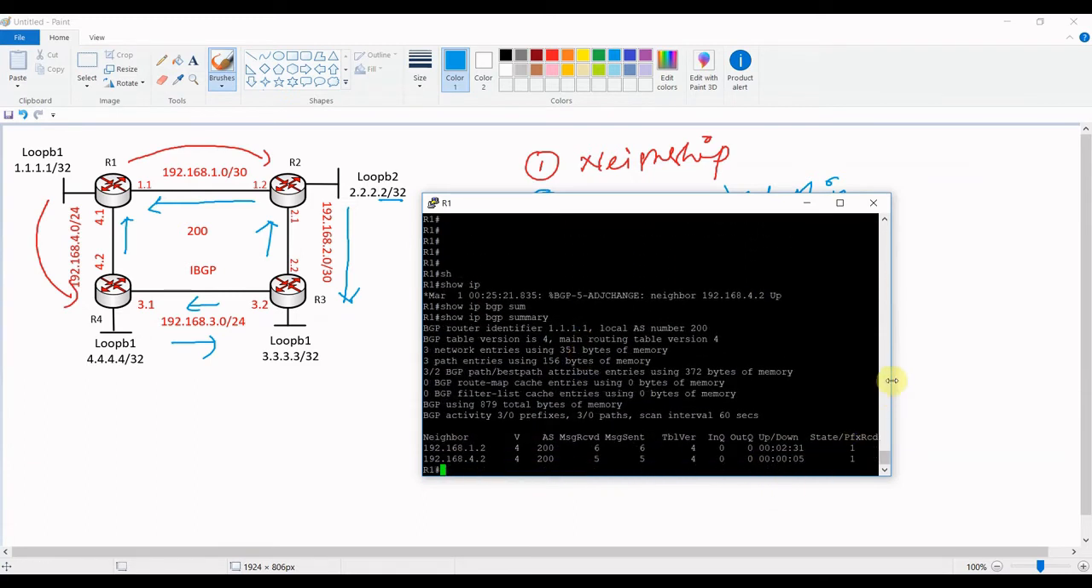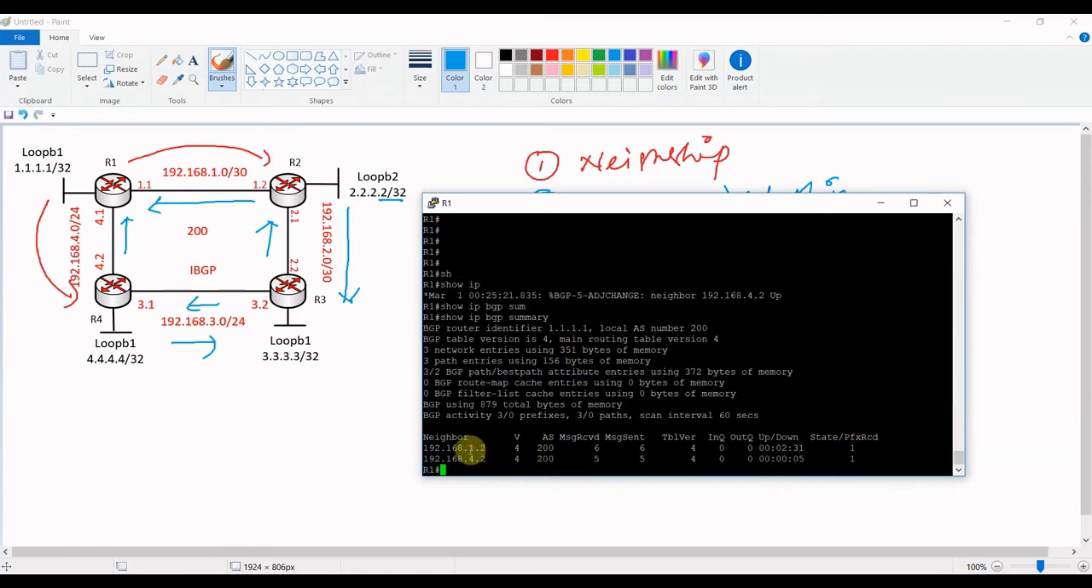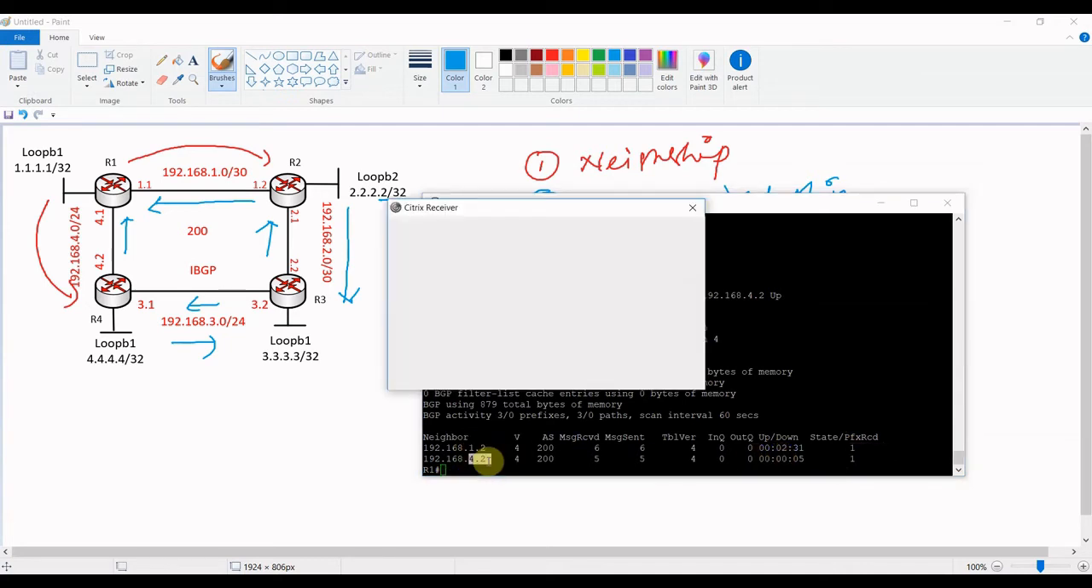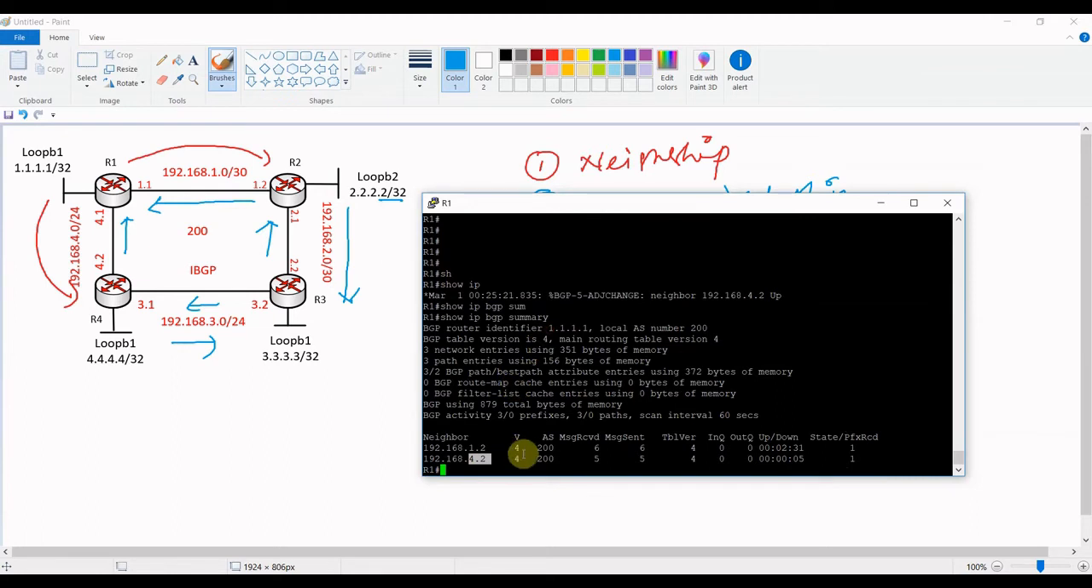Okay, so see, from R1 we have 1.2 and we have 4.2. The neighborship has been established, and this is the network which has been advertised from R1, 1.1 and 1.2. So this is the network that R1 has learned. And 1.2 and 4.2 is a neighborship between R2 and then R4, and this is the